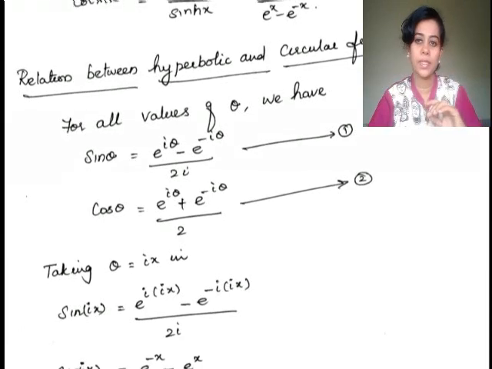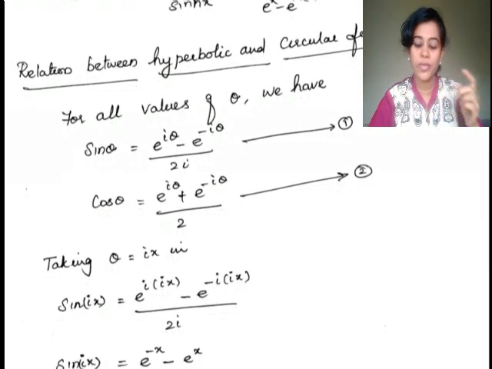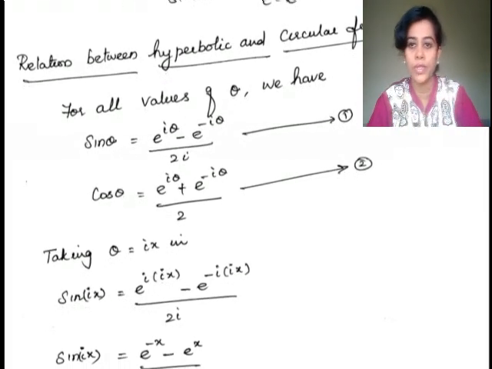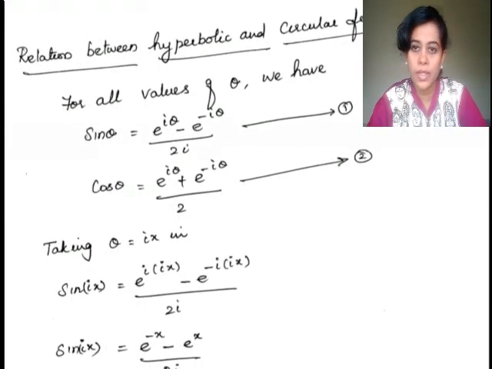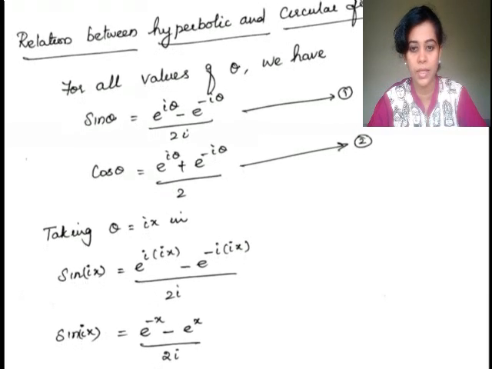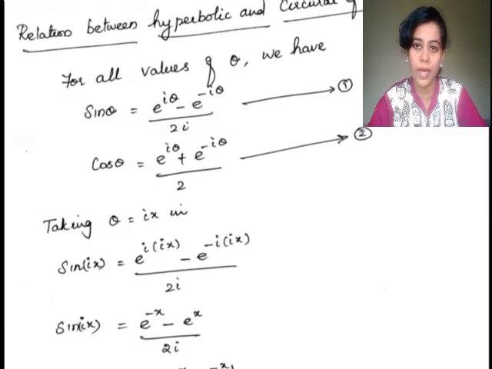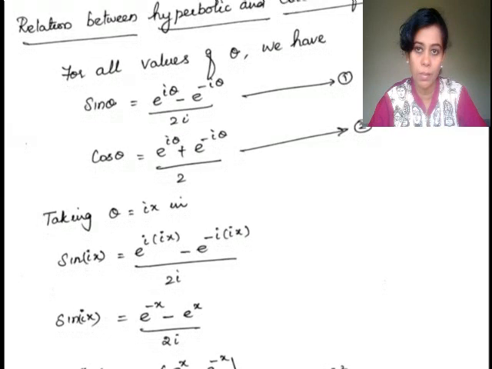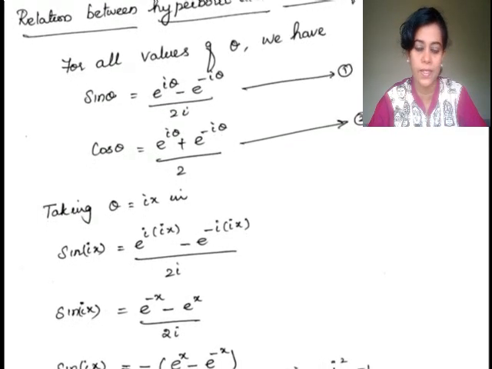Taking theta = ix in these two equations, let me call them equations 1 and 2. Let me substitute theta = ix in equation 1. What will happen? It is sin ix = e^(i(ix)) - e^(-i(ix)) ...